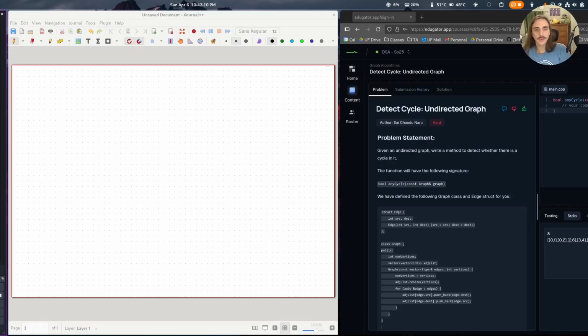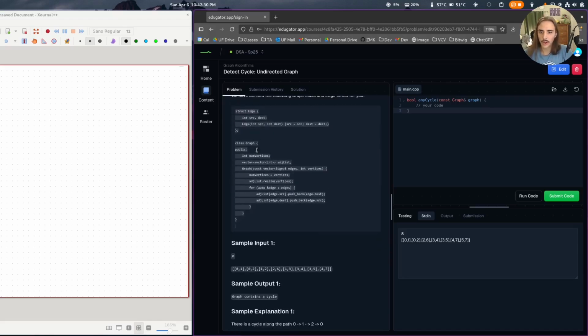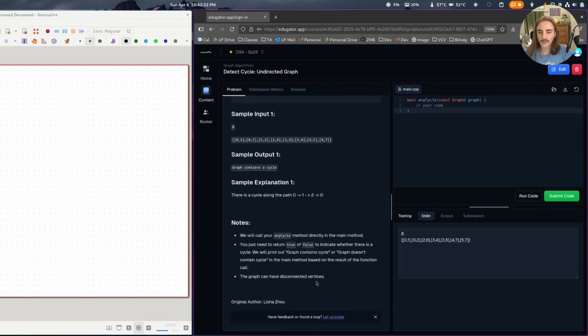Hello everyone. Today we're going to be going over the Educator problem, detect cycle in an undirected graph. As you can see, this one is marked hard, and I think conceptually it's not a particularly difficult challenge, but just because the graph is, first of all, undirected, which means we have two directions that any edge can go, and then furthermore, the fact that the graph can have disconnected vertices, it makes the implementation